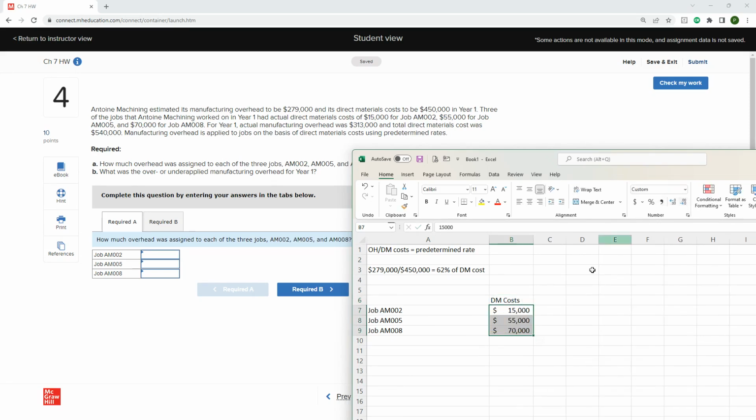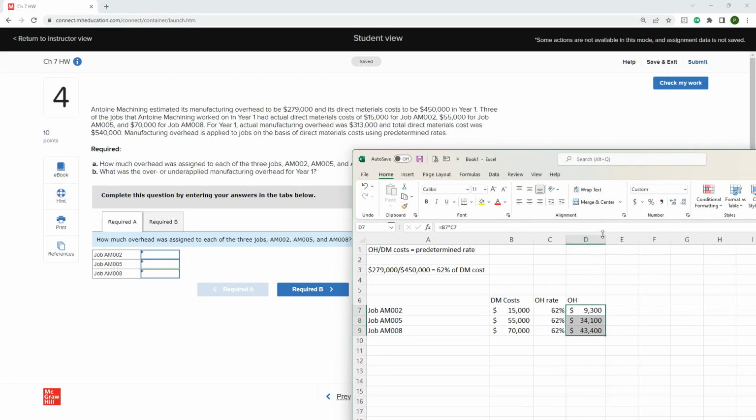And so we'll multiply the direct materials cost times the overhead rate to get our overhead applied. So that's our answer for number 4, part A: $9,300 overhead applied for job 2, $34,100 for job 5, and